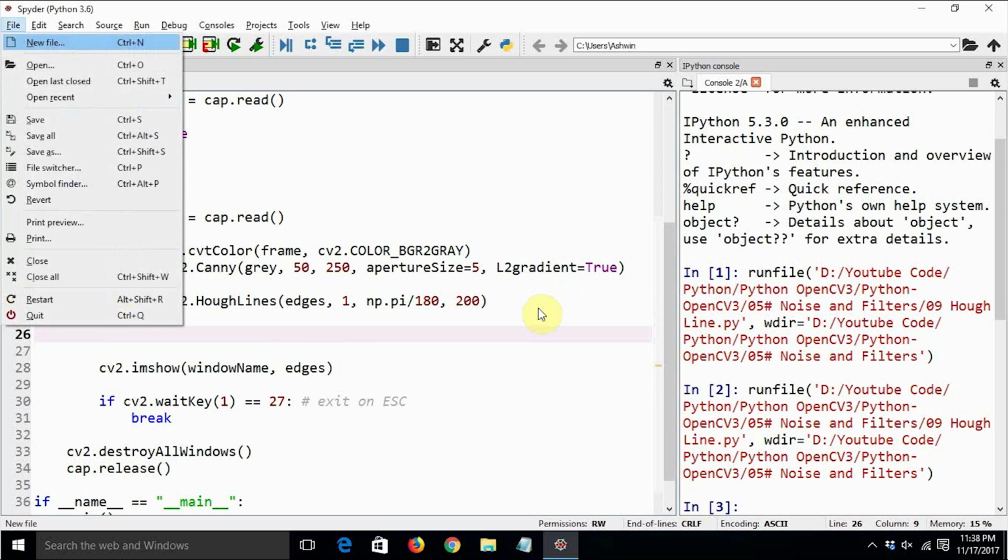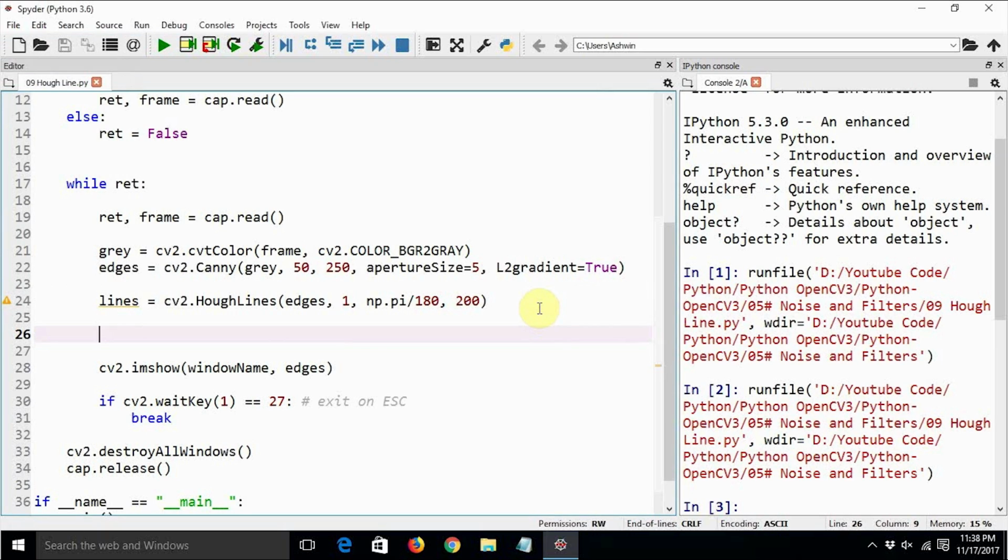Finally, we get the lines, but the problem with these lines is that they are in the polar coordinate system, that is rho and theta, with theta in radians. We need to convert them into x, y coordinates. So let's do that: if lines is not None, and we are going to do it in real time.